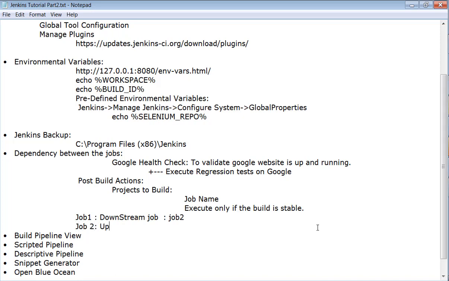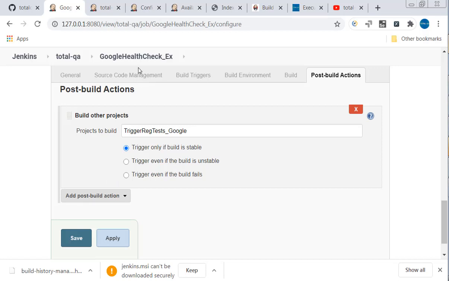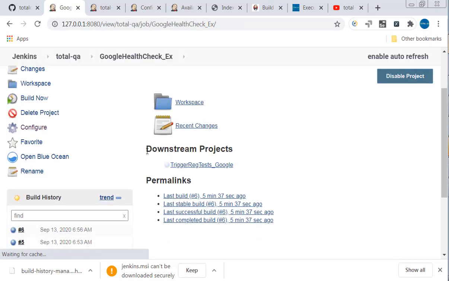For job 2, upstream job is job 1. So you have to get some understanding about downstream job, upstream job. This is a terminology. For a job 1, what is the downstream job? Job 2. For job 2, what is the upstream job? Job 1. Because there is a dependency between these jobs. You can identify the same. If you go to Google Health Check example, it shows the downstream projects as this.